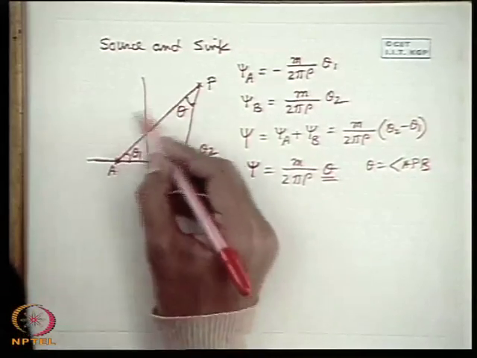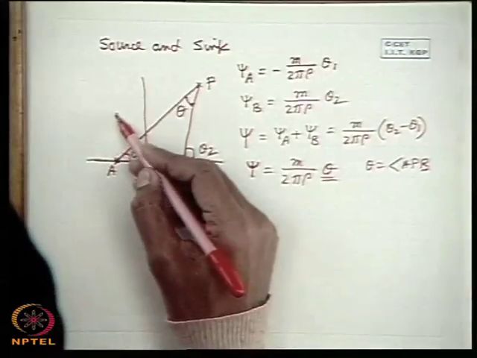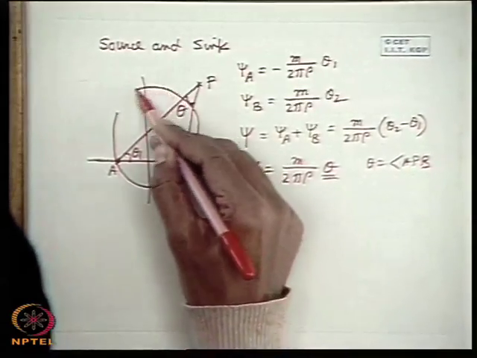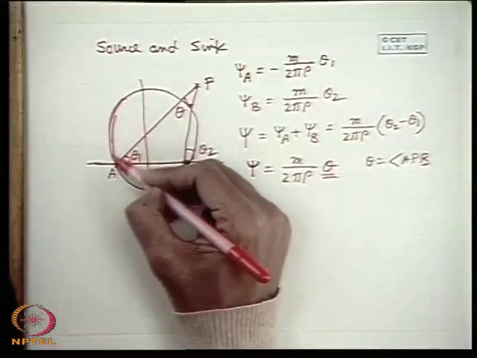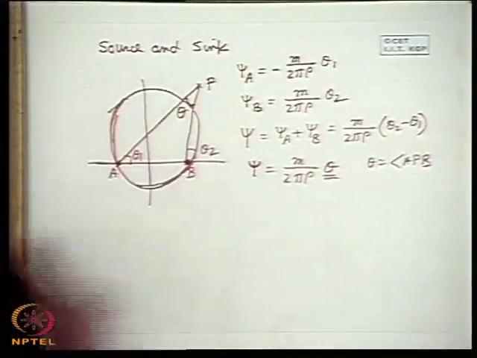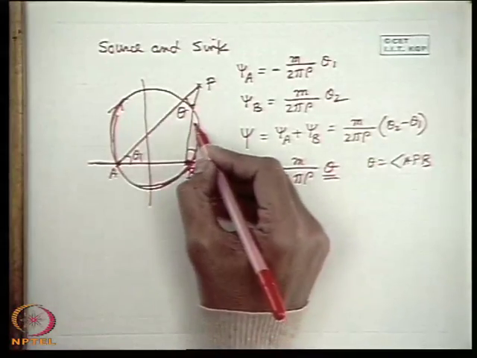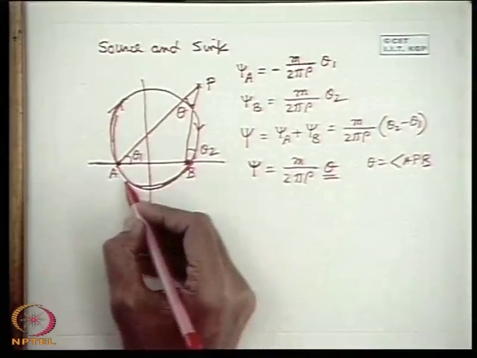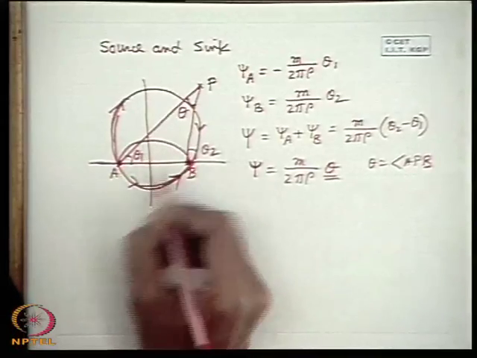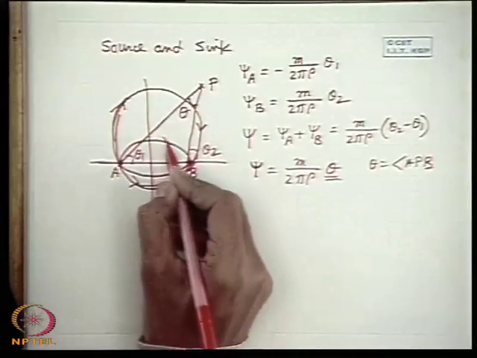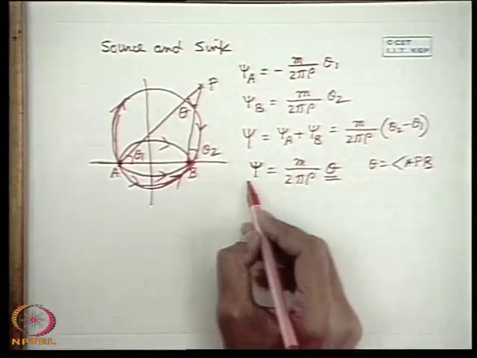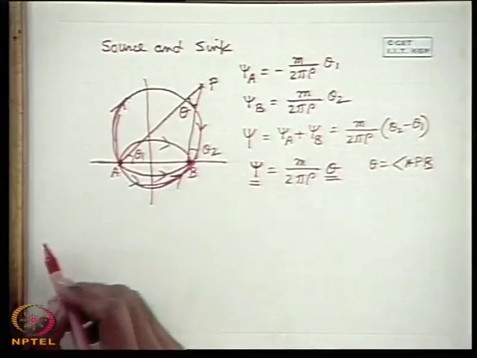That means, for example, this is one circle whose chord is AB. So this is the source, this is the sink, so these will be the streamlines. Other circular arcs can be thought of as streamlines like this. Now we can develop the expression for the stream function in a Cartesian coordinate system.